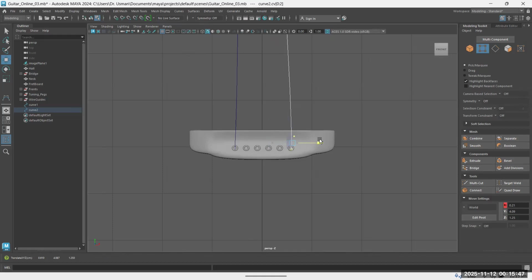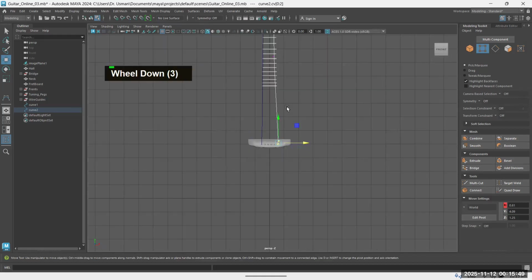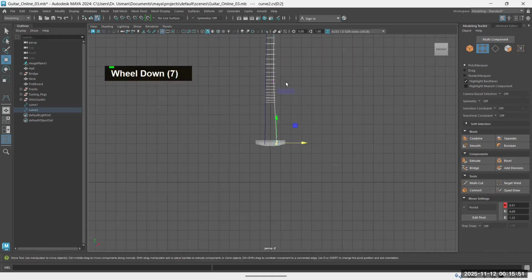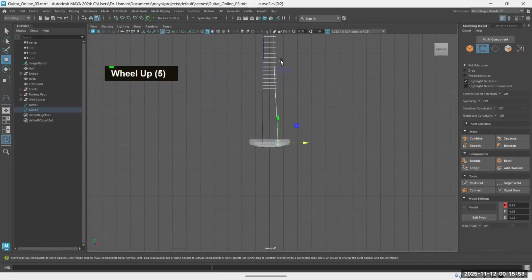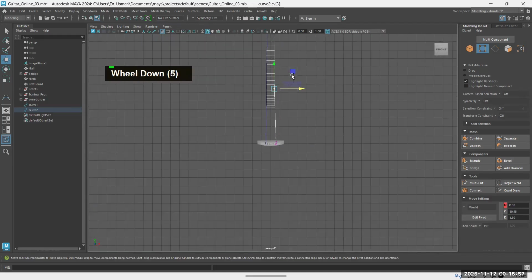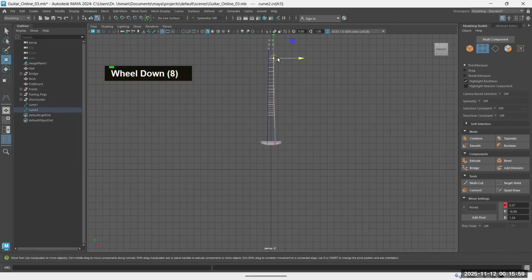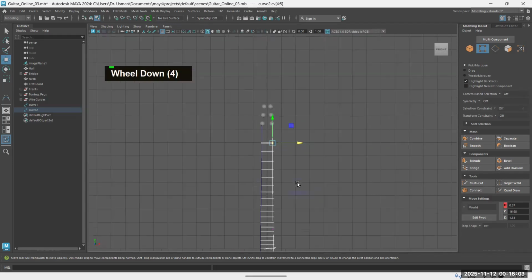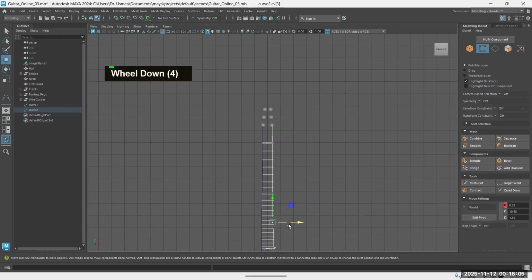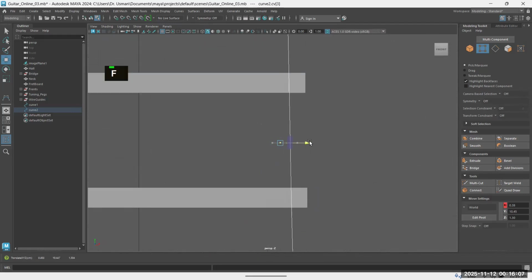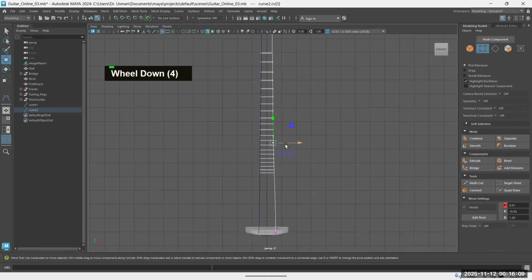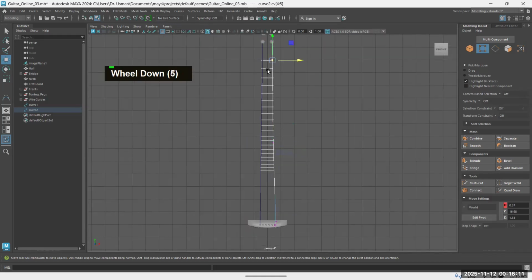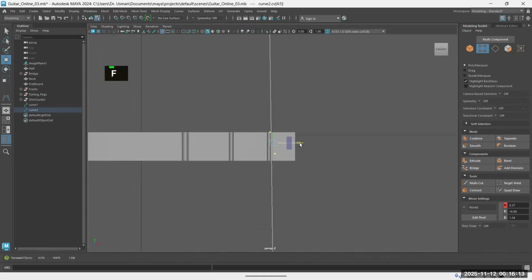So I will move it here, and then I want to move it a little bit to the right, and maybe this point, I will press F. Okay, this point, F. I want to make it a little right, and this point, press F. I want to make it a little bit here,